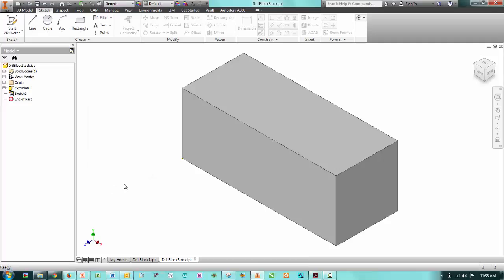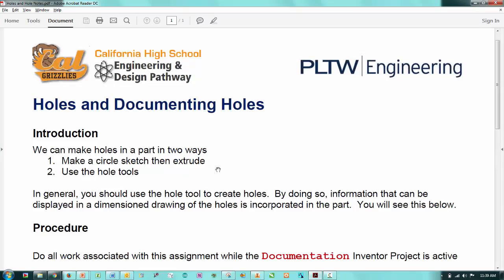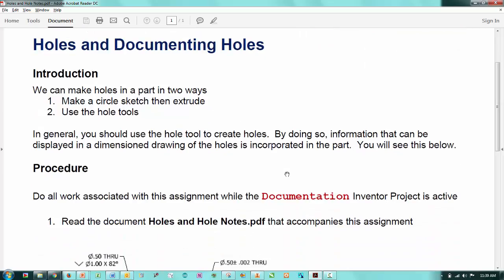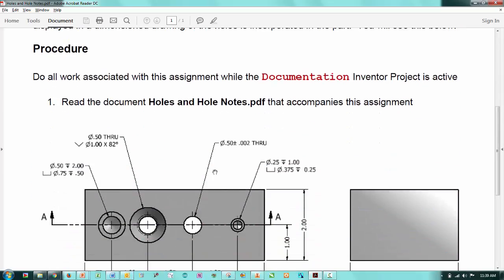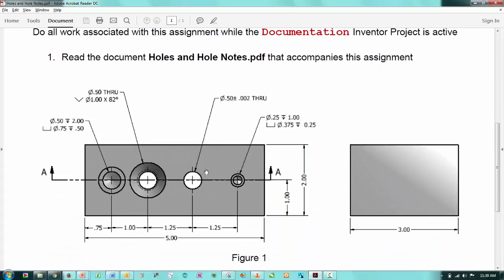Alright, let's move over to Inventor, and what we're going to do is this assignment. I'll let you read the introduction, but basically what we're going to do is put these holes on that block that I just showed you,